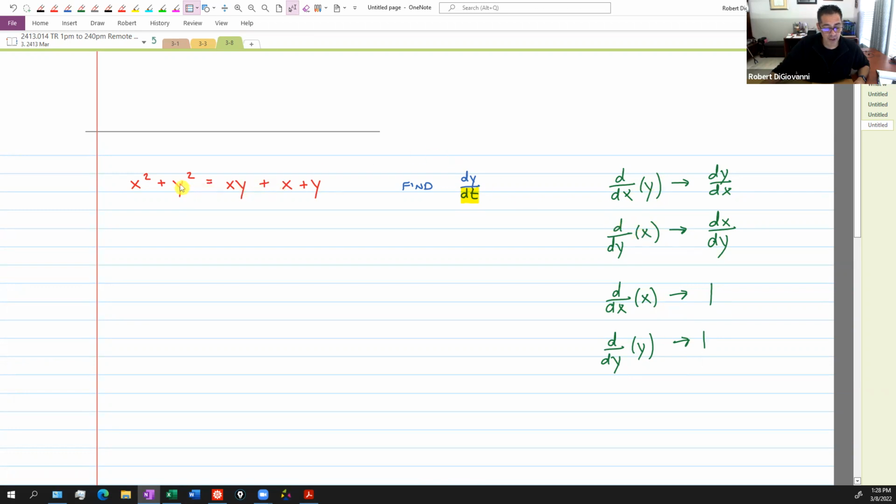So if I'm going to differentiate this with respect to t on both sides of the equation, do you all understand? I'm never going to get 1s. Nothing is ever going to be a 1, ever. Let's see. If I go derivative with respect to t on the left, and then the derivative with respect to t on the right,